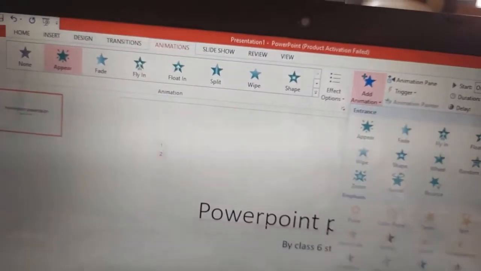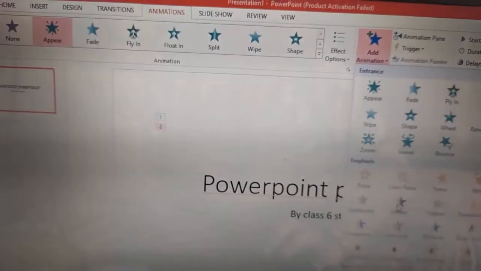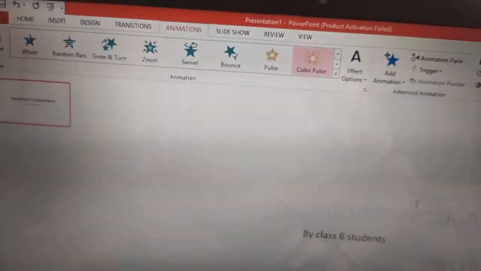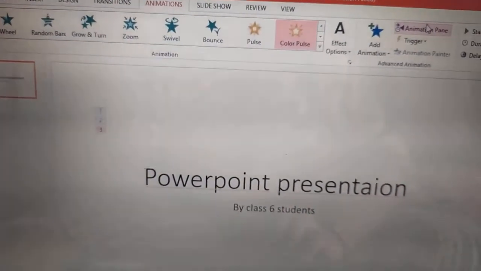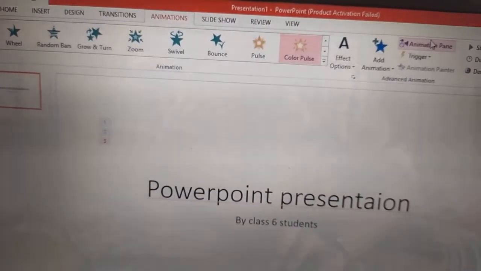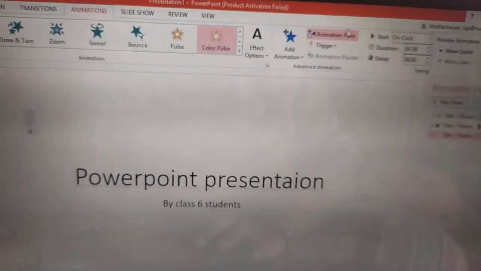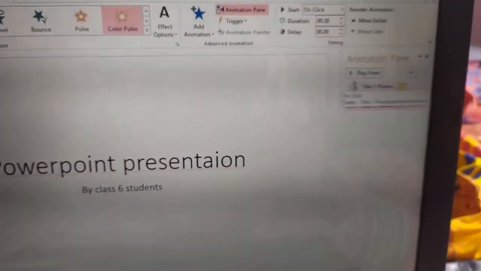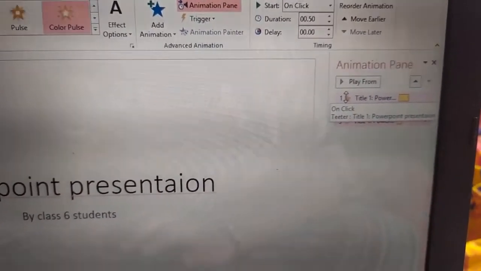Now, whenever you are selecting any of the animations, you can click the advanced animation option and the animation pane will be shown on the right hand side.